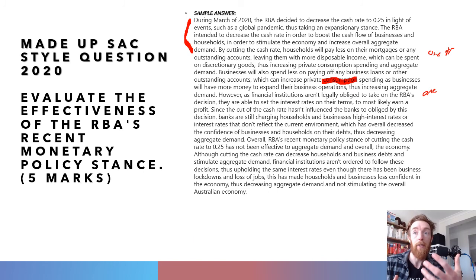So this being about the banks not passing on the cuts, that's a really good one. The strength could be a lot clearer here. I'd really go for the implementation lag for the strength, just because it's really clear that that can have an impact on households' cash flow the next day, and therefore really lead to having that effect of, if people have more cash, they'll hopefully be conducting more private consumption spending and therefore stimulating aggregate demand. And that's essentially it for monetary policy.